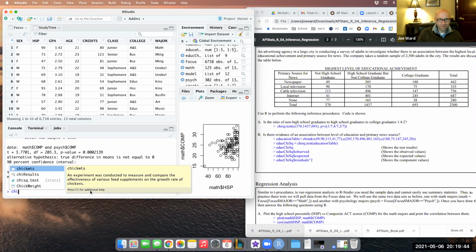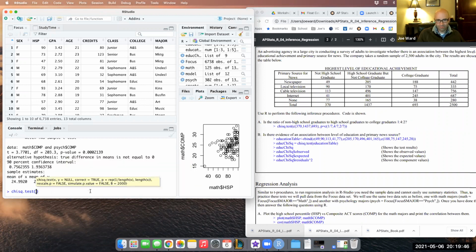But you do chi-squared dot test. Okay, and then I'm going to combine the numbers. So 370, 1437, and 693. Those were the numbers of people in our survey that had not a high school diploma, a high school diploma, or a college diploma. Okay. And I just want to compare them to the proportions, which are, again, a 1 to 4 to 2